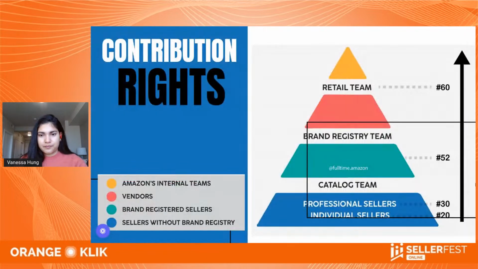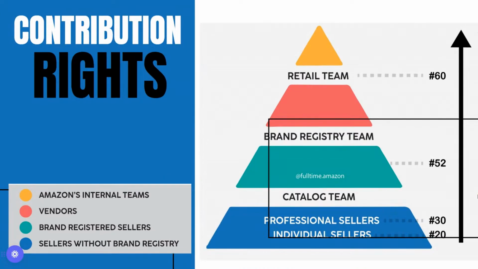That's super relevant. So before we jump into it, I wanted to explain the contribution rights pyramid, which is the way Amazon's catalog works, okay? Before we get into it, I want to make changes, I want to solve problems, and flat files are the solution to every single problem that happens on Amazon. I wanted to clarify that that's not necessarily true. It depends a lot on where this attribute is falling in the contribution rights.